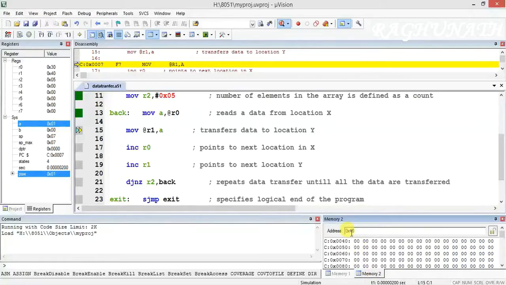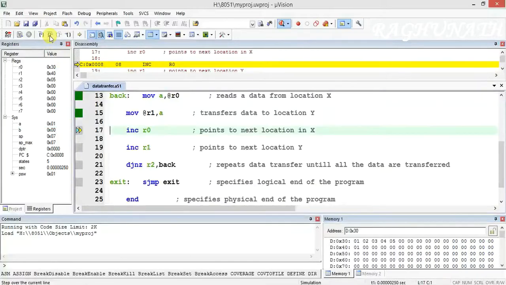Here you enter. Again, it is C there. It is not C. You have to write D colon. So this is data memory. So it should come here. Or here it should come. So now I'll execute this step. Okay, now we can see here at 40th location it transferred. First data is transferred. Here also you can see.